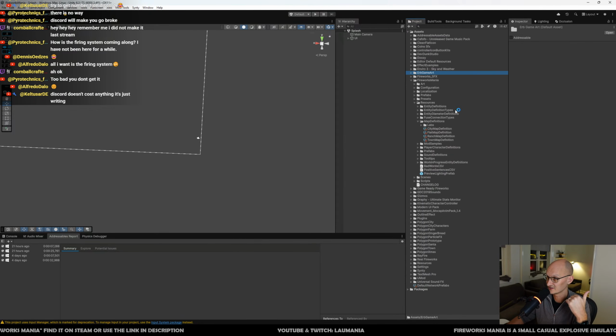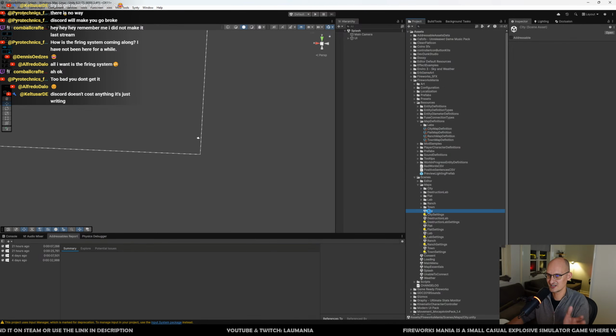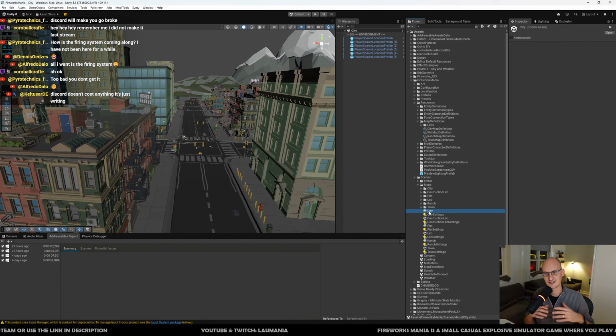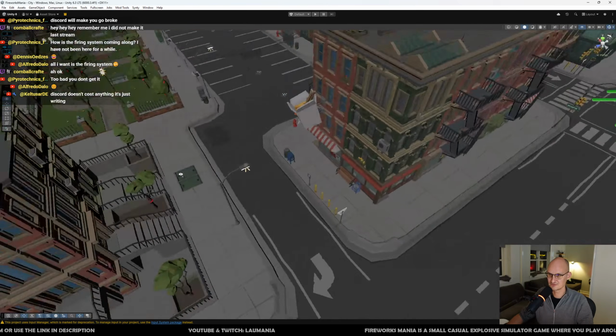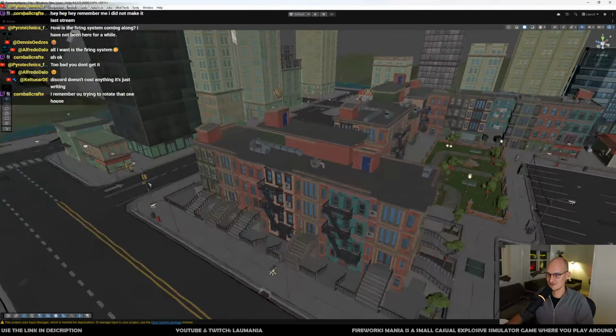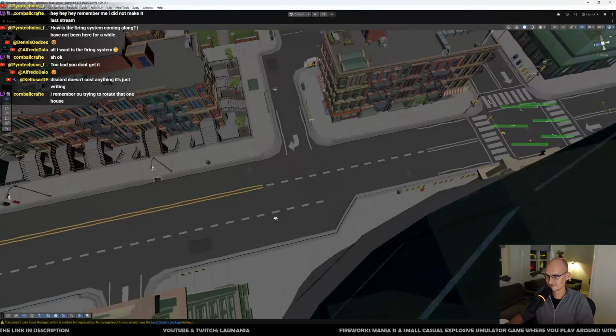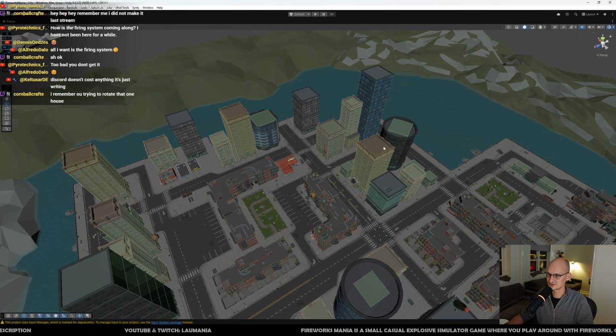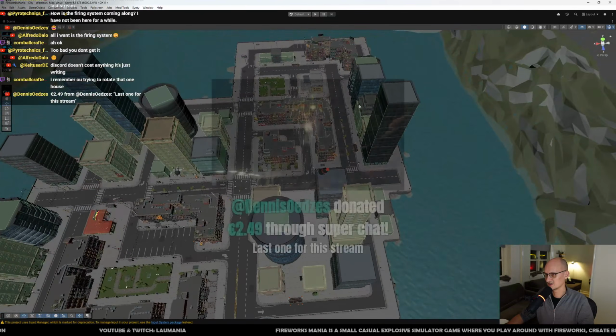And if you were in the last live stream, or maybe the last, I was actually working on this. And there was an issue where it wouldn't rotate stuff. So for instance, I was playing around with this building here. So you can see, let me go up here. These types of buildings here are not destructible yet, but all the other ones, all these out here and all these small ones and these ones and